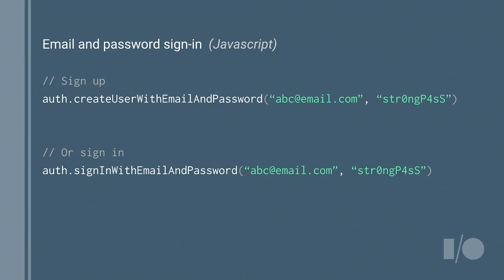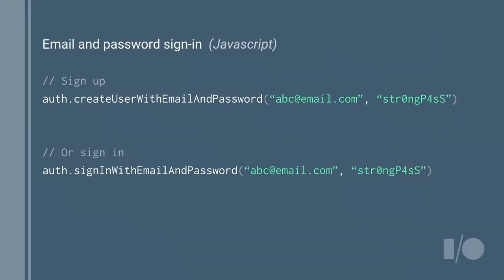Then it makes sure that there's no pre-existing user. It hashes and salts the password. It creates a new user record in our user database. It mints a pair of cryptographically signed tokens. It sends those tokens through a secure channel back to the device, and finally persists those tokens in the client application. And with that, you've got the user signed in. But the important thing here is that you can forget everything that I just mentioned, because all of that is done by Firebase. And the only thing you need to learn is these 2 lines of code.